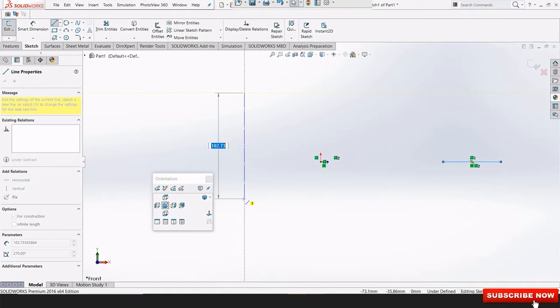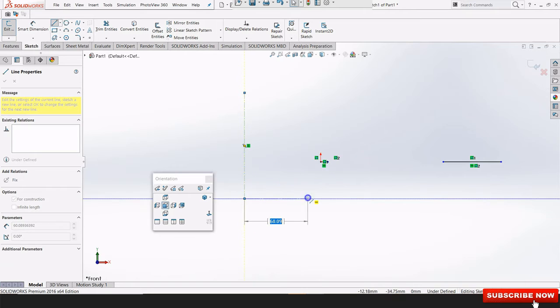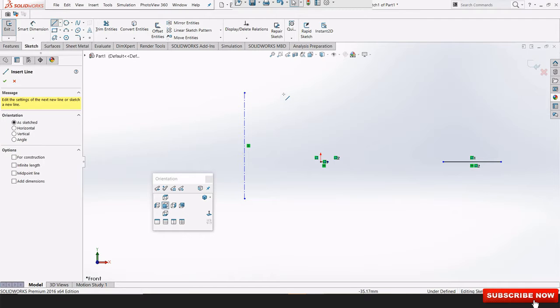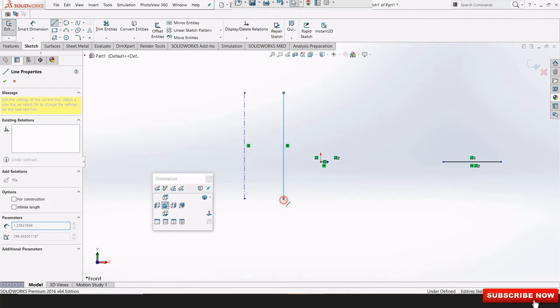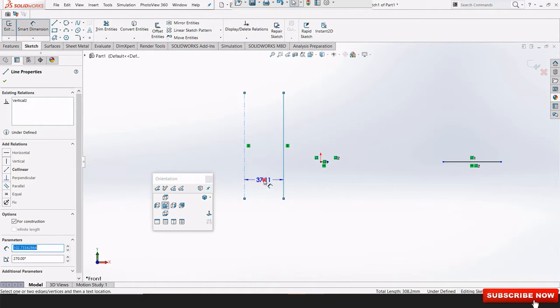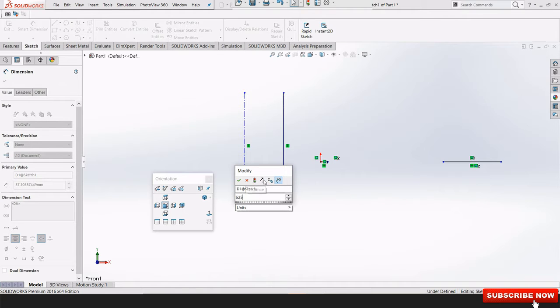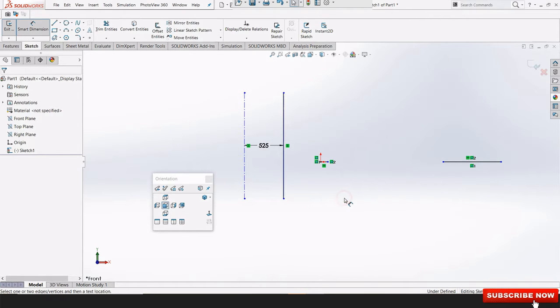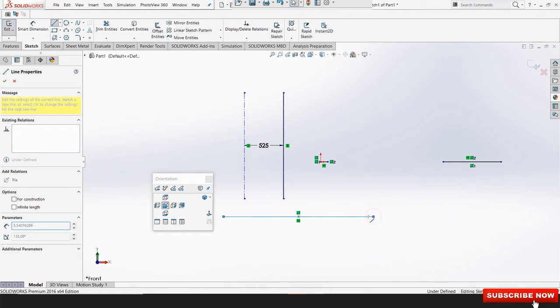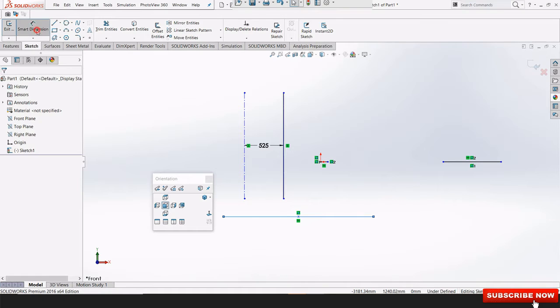Then after we are having center line. Center line is construction line. It is used as a reference. Suppose you want to draw a line over here, and you will have to give dimension from this line, then select dimension and then start this. That's it. This is for the reference lines. Then we are having midpoint line. Midpoint line, the line which starts from a point, and the point will be the midpoint of that line, like this, and give the dimensions.